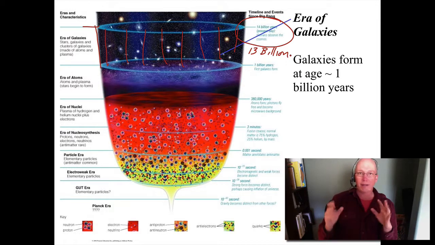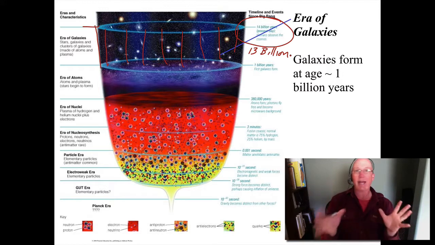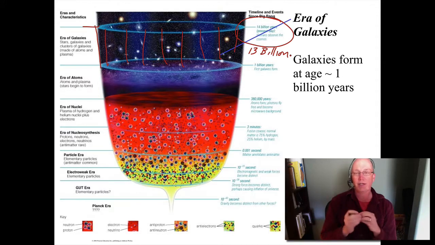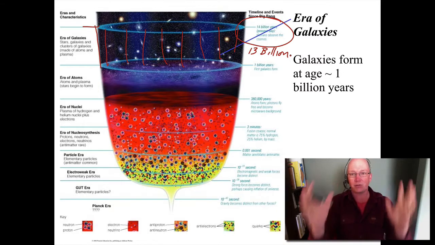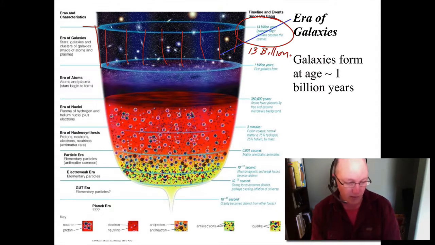Okay, so something like that has to happen, right? The details, the things that we're trying to do as research scientists now, is figure out exactly how it happened. What is the distribution of material? What are the percentages of the materials? And so our job now is to go out into space and look for observations that will tell us exactly how this took place. And that's what we can start to do here.